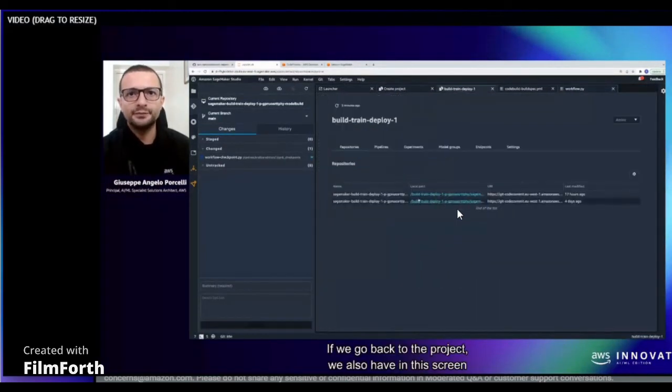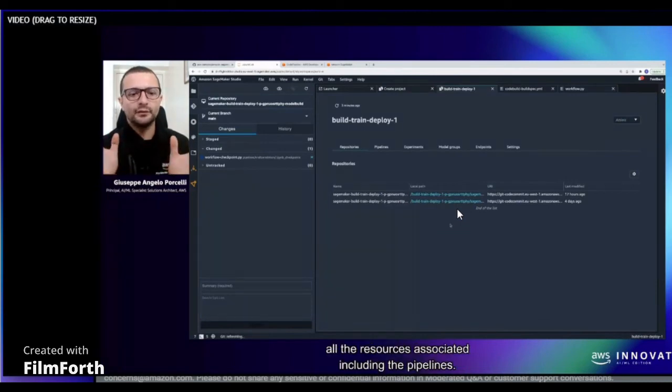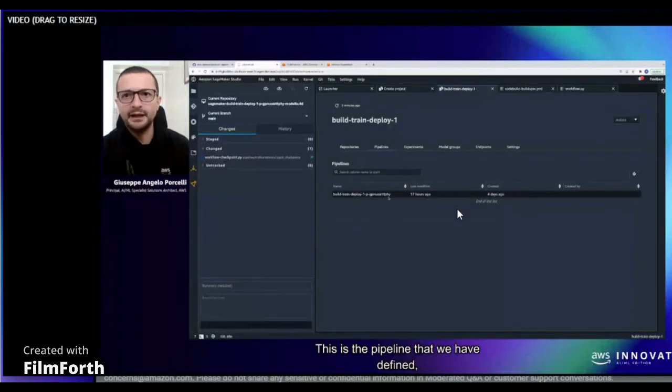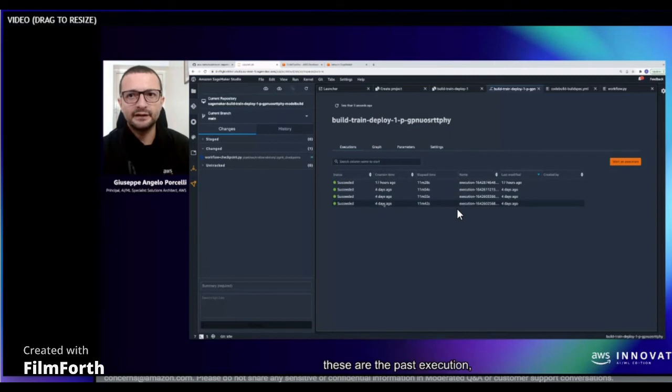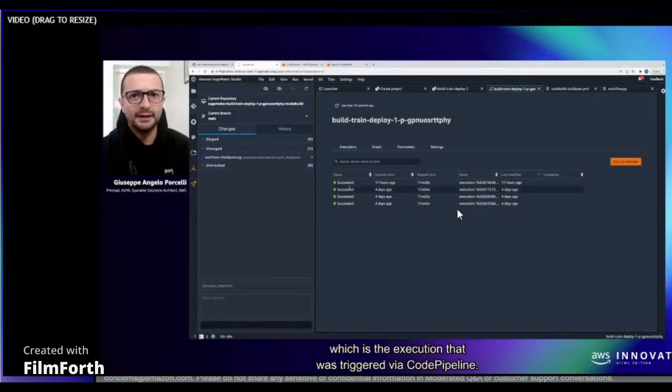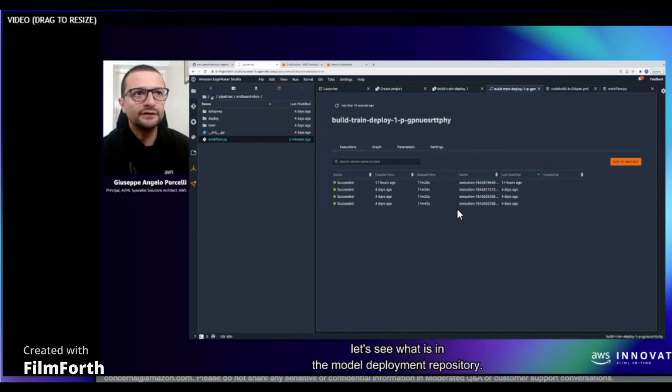If we go back to the project, we also have in this screen all the associated resources, including the pipelines. This is the pipeline that we have defined. These are the past executions, and shortly we should see a new execution appearing, which is the execution that was triggered via CodePipeline. Great. Now, while we wait for the triggering of this execution, let's see what is in the model